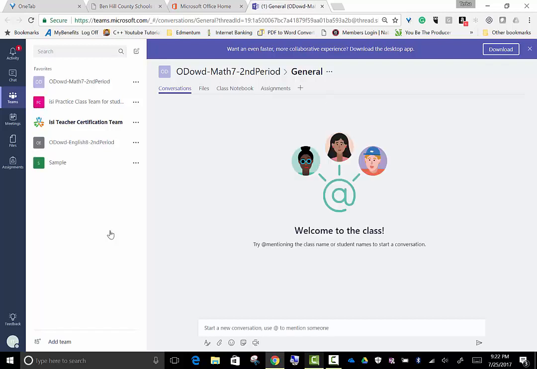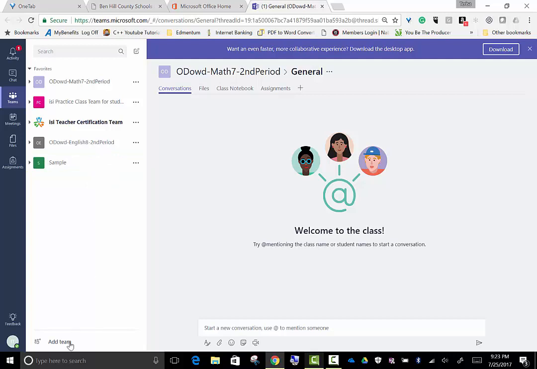Once that page loads, typically you will land on the tab called Teams, and in the center column here you will see all of the teams that you are either a member of or that you are the owner of. So you can see here that I have several different teams that I'm either a member of or an owner of. Okay, to create a new team, which is what we're going to do in this lesson, we want to